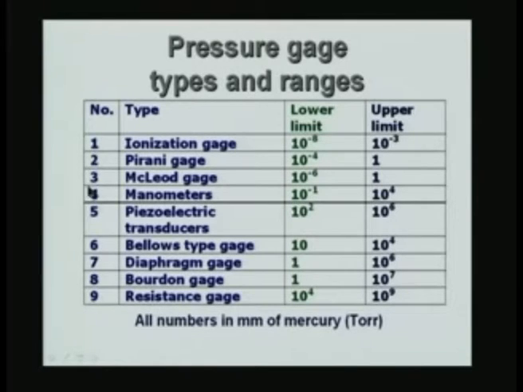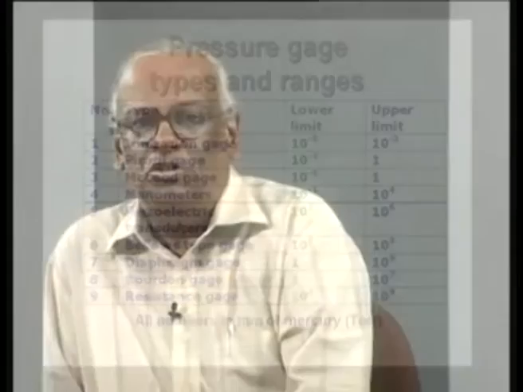Then beyond the number 4 here, we are now getting into larger and larger pressures. So, we have different types of transducers. Just like we had transducers for measurement of temperature, we have transducers for measurement of pressure. Basically, we have the piezoelectric transducers, which are based on piezoelectricity. Application of pressure on a material produces an electrical output, and the electrical output is directly related to the pressure. Therefore, a piezoelectric transducer converts the pressure information directly to an electrical signal.